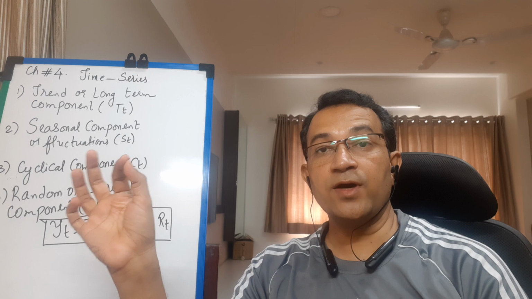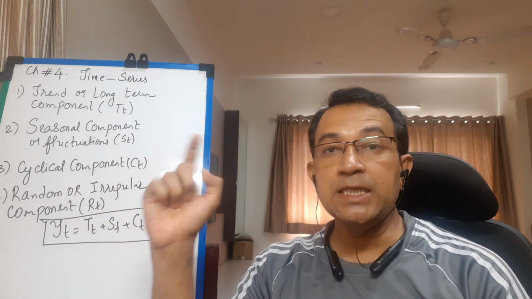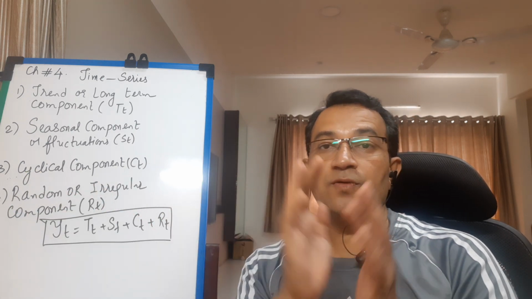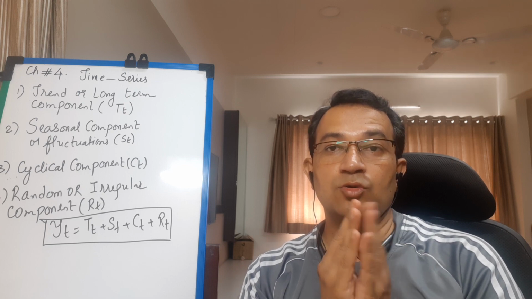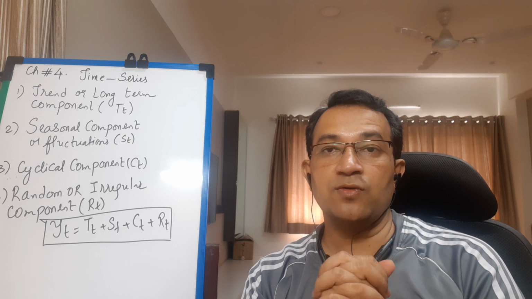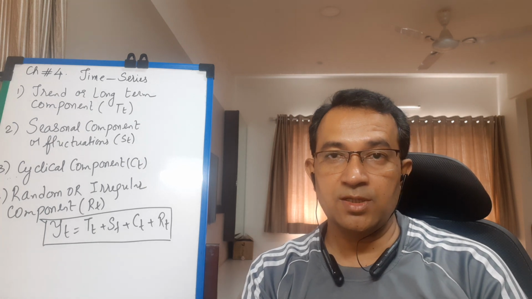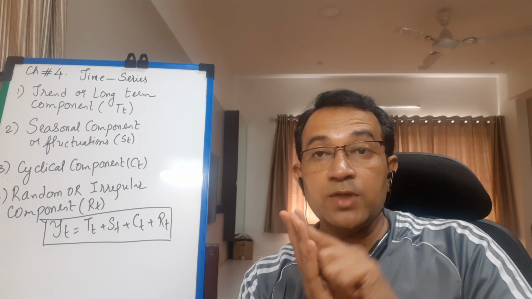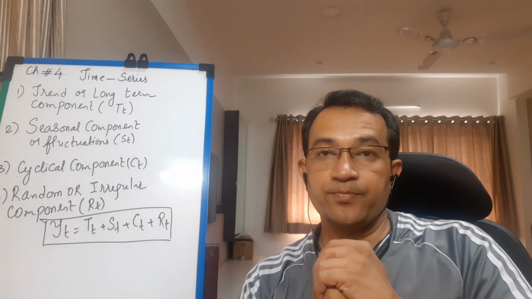Regression is a functional rule or mathematical equation between independent variable x and dependent variable y. So the first difference: correlation indicates simultaneous fluctuations or changes in the values of two variables due to direct or indirect cause-effect relationship. Regression is a mathematical equation or functional rule between independent variable x and dependent variable y. First point.